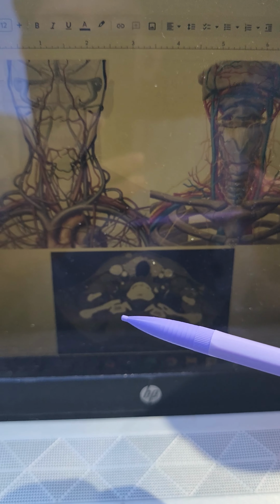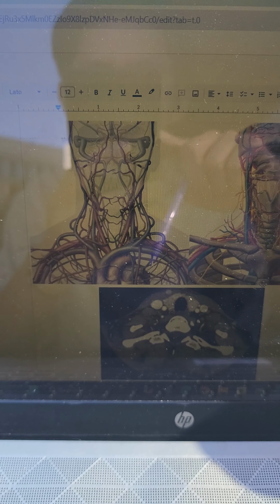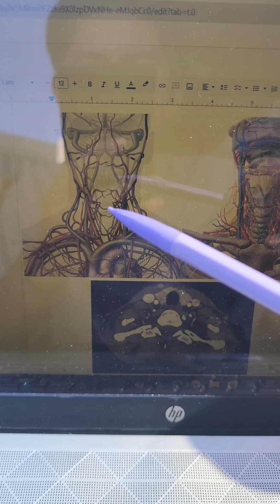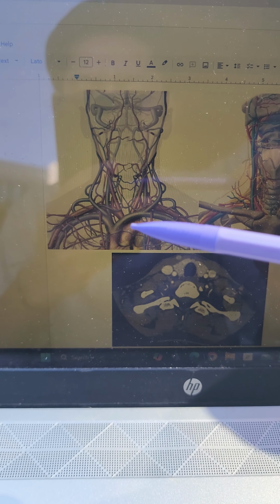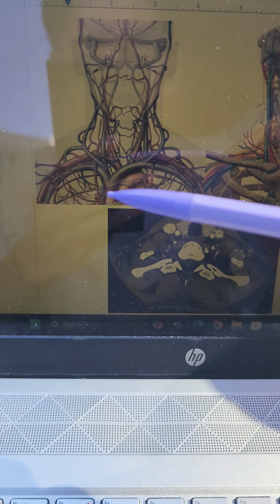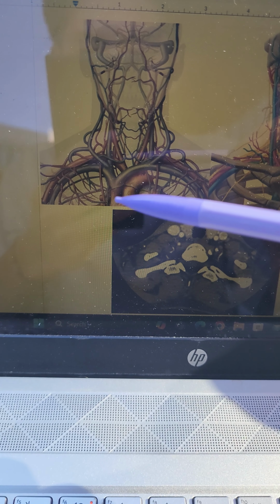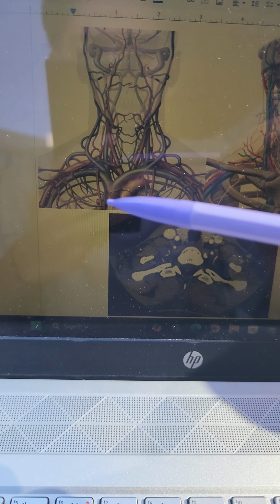I have three pictures. This is the one I'm going to start with. It is a frontal schematic view, as if the patient is facing us. This is the patient's left, this is the patient's right, superior, inferior. We'll start down here at the superior portion of the heart, at the superior vena cava, coming off the SVC